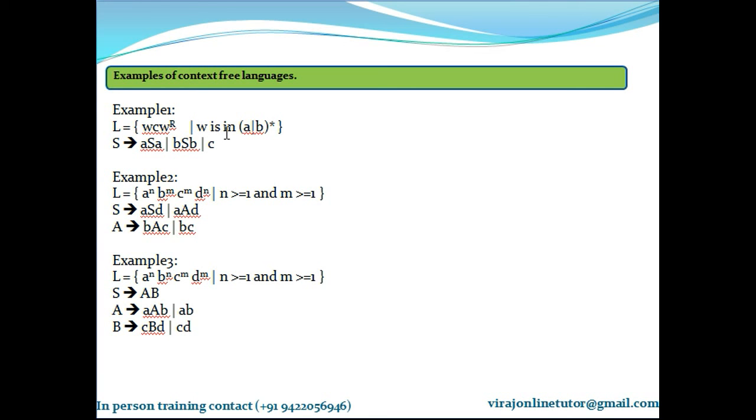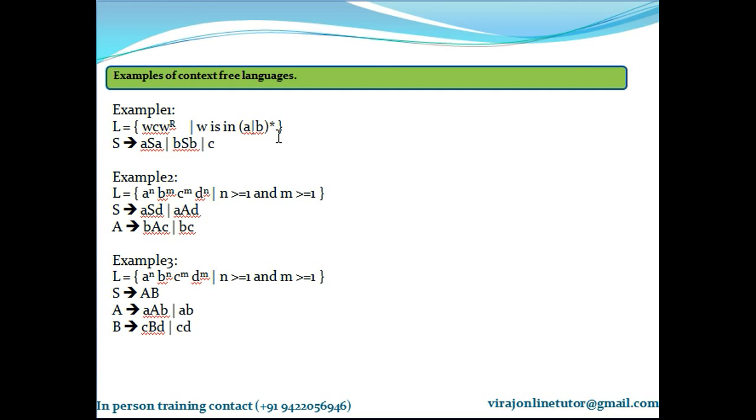So what is the context-free grammar for this language? We are definite that the central character is C. So I'm boiling down this entire thing into C, because it is (A or B) asterisk. What if A or B repeats 0 times? What is the language generated? The string generated will be only C. So S is the starting symbol which boils down to C. That completes the language. So according to the language defined here, it says (A or B) asterisk. If it repeats 0 times, the string that I'm going to get out of this is only C. That's why the starting symbol deriving C will complete my language.